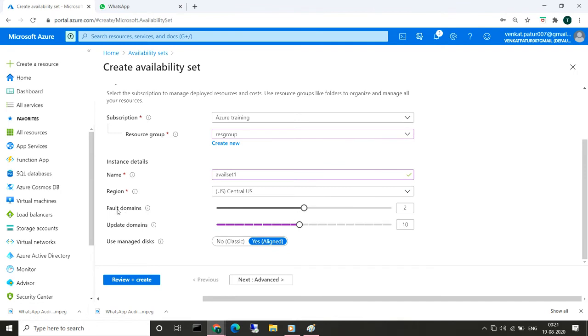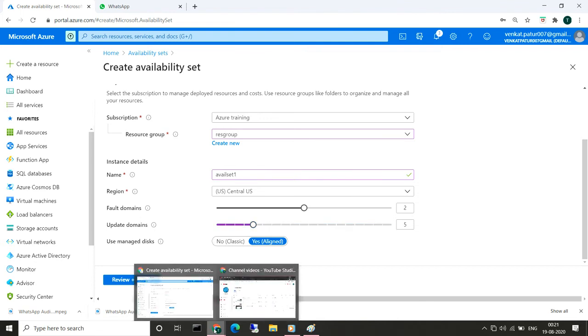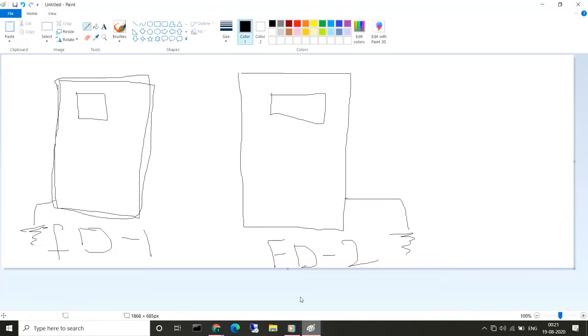Coming to the update domain, the fault domain is cleared: two fault domains. What is an update domain? There are so many instances. How many update domains do you need? Minimum will be 5. In this physical server, there are multiple racks like this, and each rack will be one update domain.